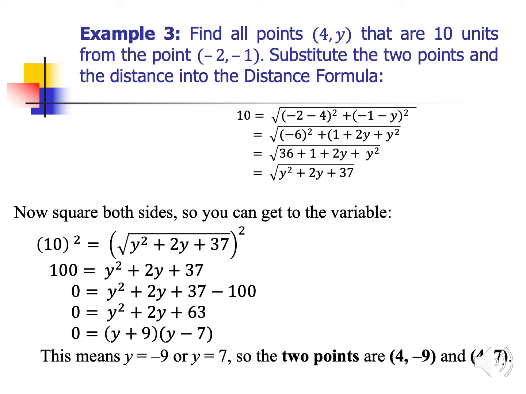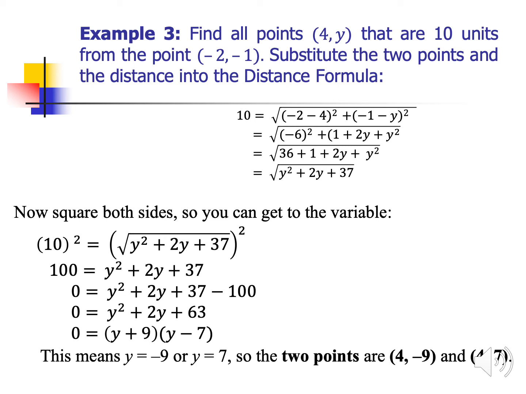So you have -2 minus 4 and -1 minus y, and our distance is already given as 10, so that's 10 equals the square root of (-2 minus 4) squared plus (-1 minus y) squared. Simplifying, we have 10 equals the square root of -6 squared plus